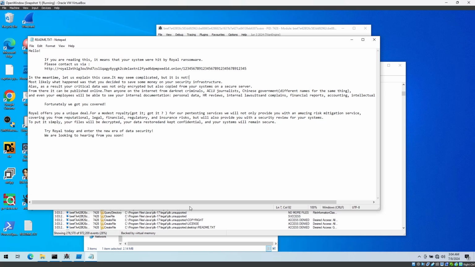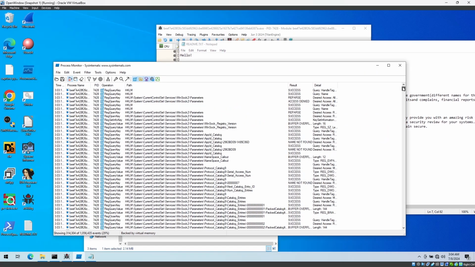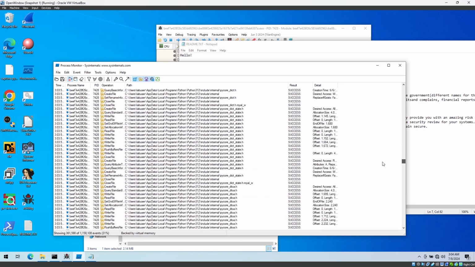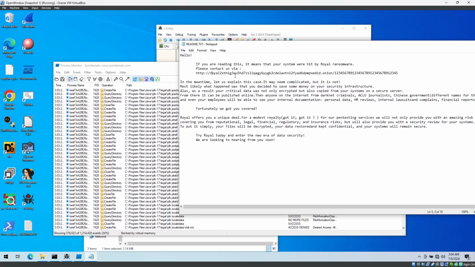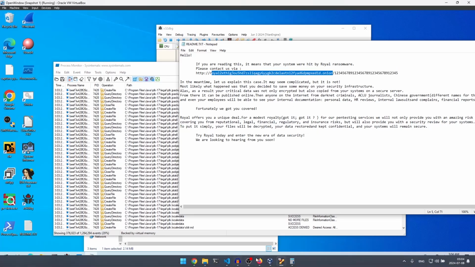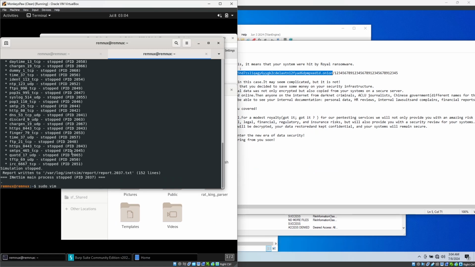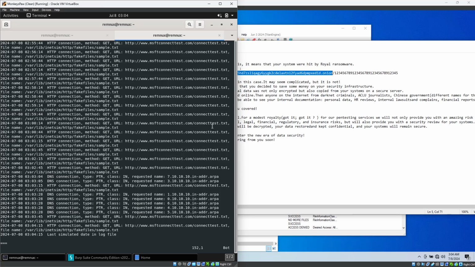So now we can get a bunch of good detection signatures from the ransomware. We can figure out exactly which paths it goes after, which it doesn't appear to be very restrictive in which paths it goes after. It looks like it's going after just about everything. We've got their onion site there. I don't know if we'll see any network traffic in this case, because typically data exfiltration happens separately from this encryption, but we can look and see if anything pops out in our